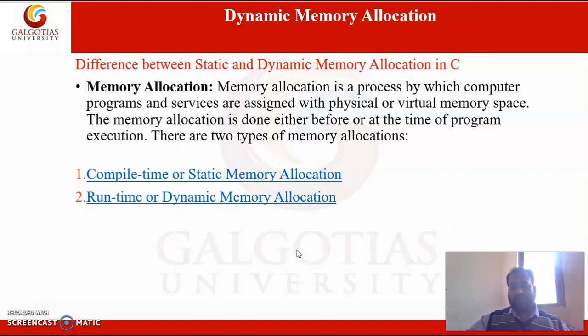But for the variables declared in the declaration section of the program, memory is allocated at compile time. We will see the differences between compile time and runtime, their benefits, and also the pros and cons of these two memory allocation techniques.